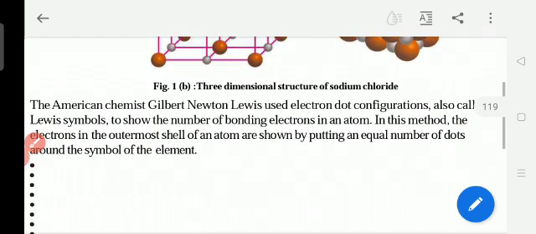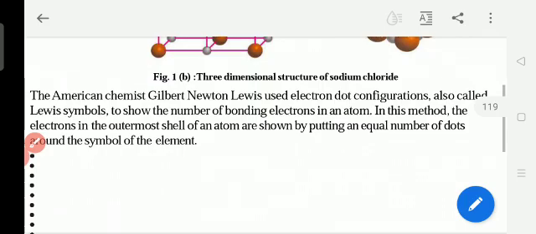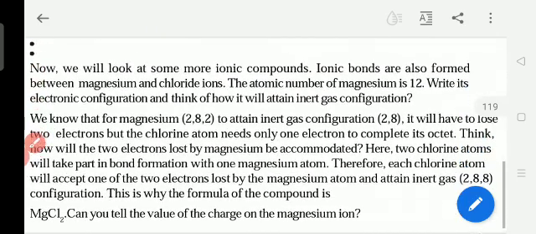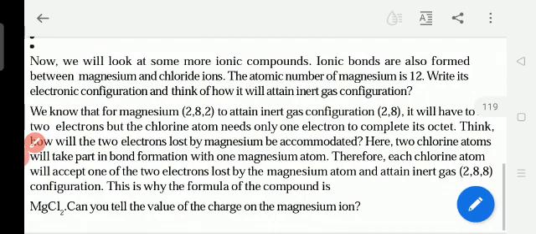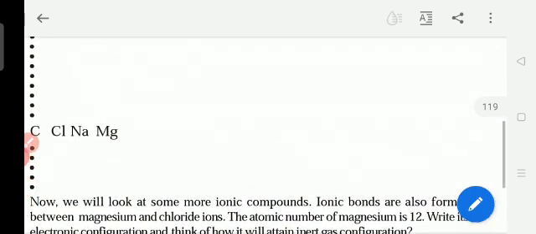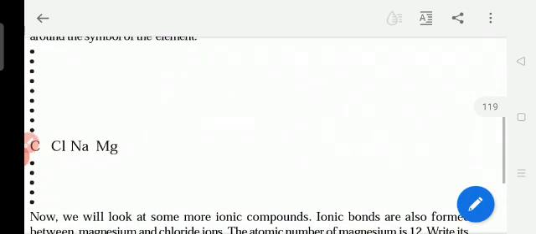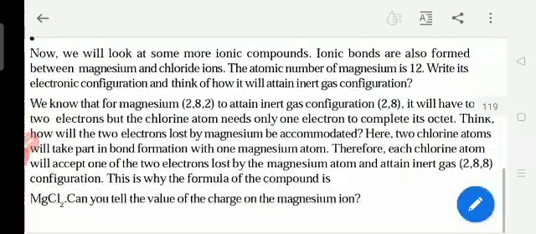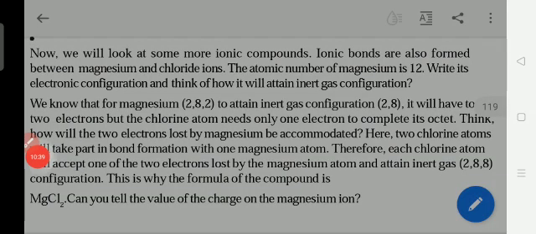For example, when we see, a negative charge is present between the two positive charges, and a positive charge is present between the two negative charges, and here a negative charge is present between the two positive charges. And a positive charge is present between two negative charges. So this is the difference.